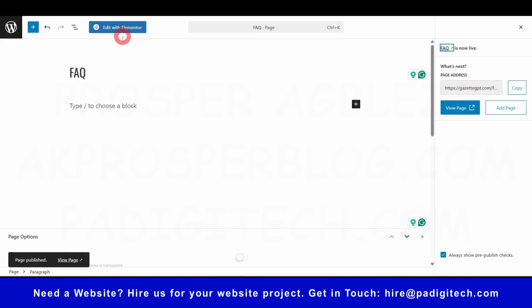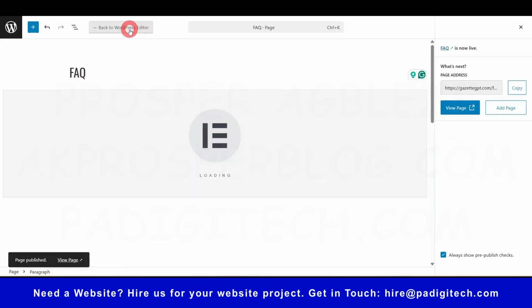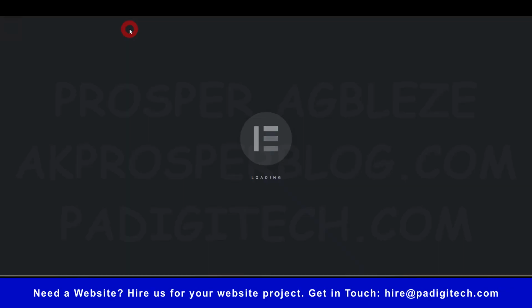So once that has been published, I'll click on this option, Edit with Elementor. All right, so with this now, you're going to use Elementor page builder to create your FAQ page. It could be any page. I've shared with you two ways you can create a page. You can use shortcode, and then you can use